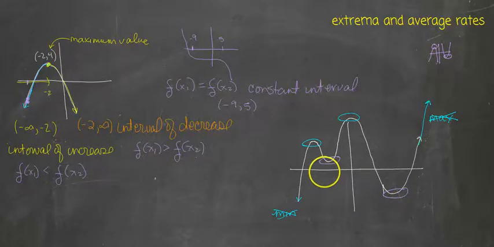So I know that this is a minimum, so I can call it a min. And I know that this is also a min. But I have the further language of being able to identify the minimum on the right-hand side as the absolute minimum. So that's the absolute minimum on this graph, disregarding, of course, the endpoints because it's meaningless to call them